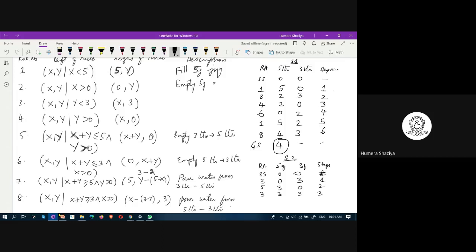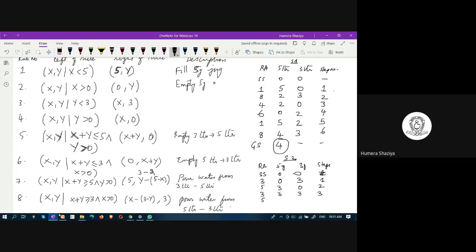I'm doing again step number 5. If you do step number 5, what happens? This becomes 5. In the 5 gallon jug, we will have 5 gallon of water, and in the 3 gallon jug, we will have 1 gallon of water. That is rule number 7, not 5. Because you check here, in rule number 5 you are totally emptying. Sometimes when we try to fill it, it may overflow and fall. But our essence is to get the 3 gallon empty. That is rule number 5.